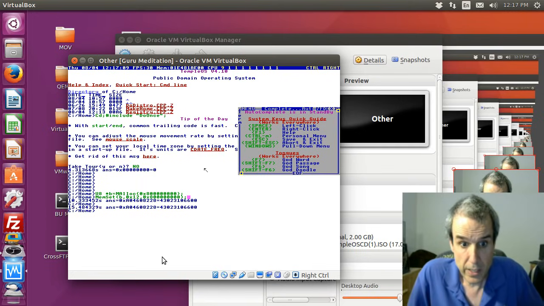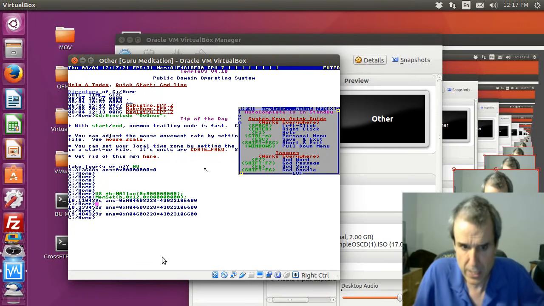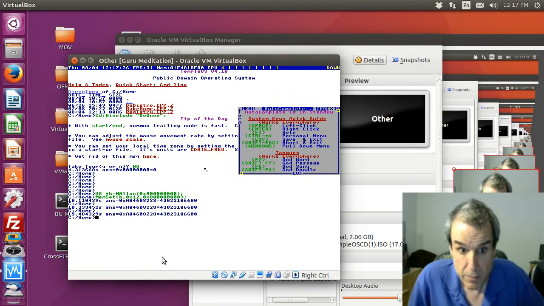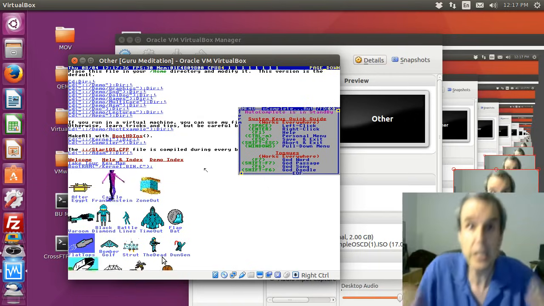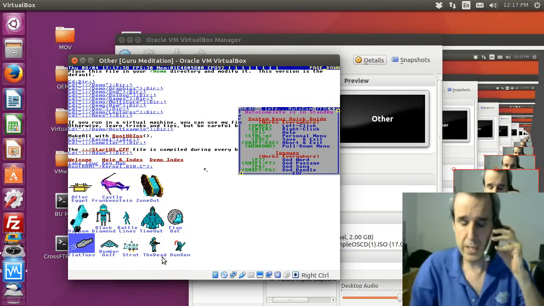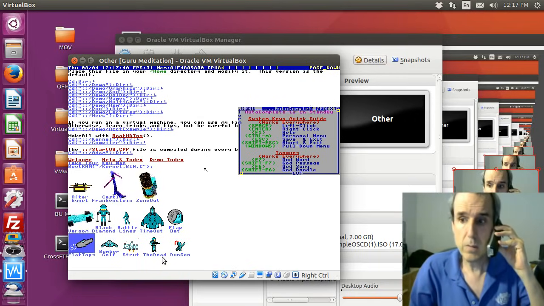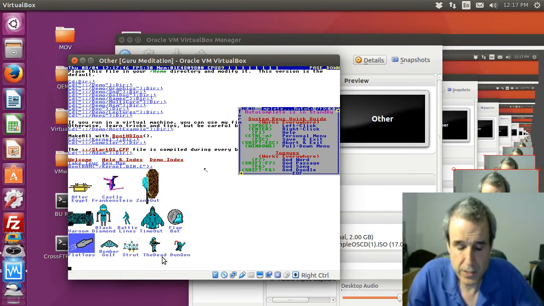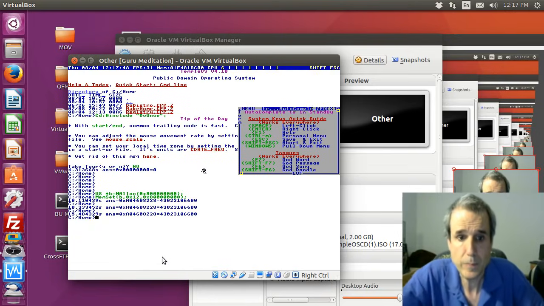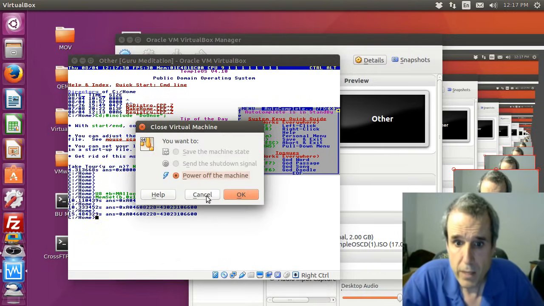So it looks like VirtualBox gets the #1 prize for fast disk. It gets the prize for fast memory, but it's totally garbage for graphics, and it doesn't have sound. So that's the story. If you do the same thing in